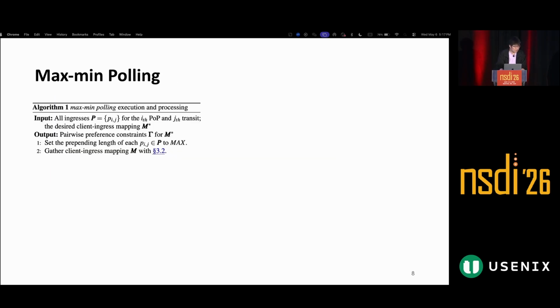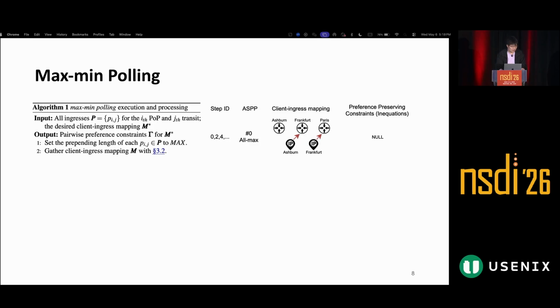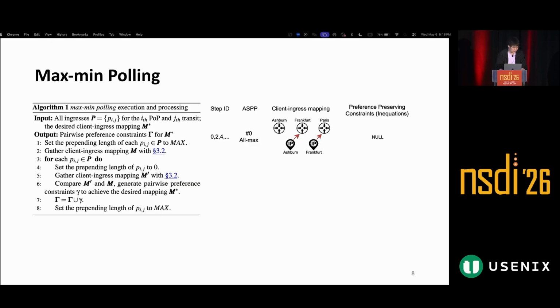For max-min pooling, we first start by setting the prepending size to max for all cases. All max is equivalent to all 0, and it looks like this for all max. And then we grab each POP and set it to 0. In this case, this POP will be the most attractive POP among all these ingresses.